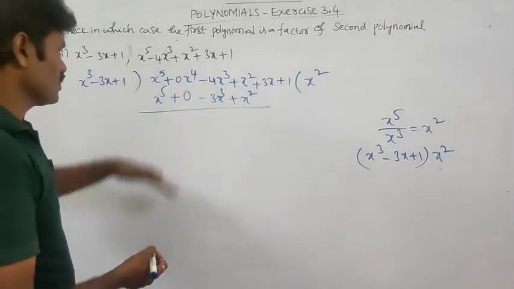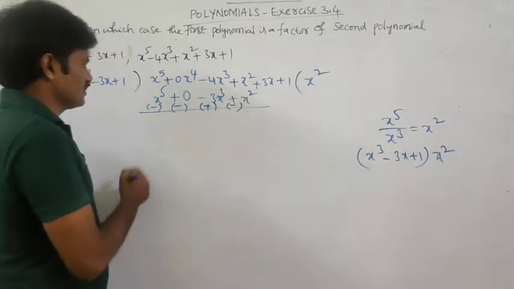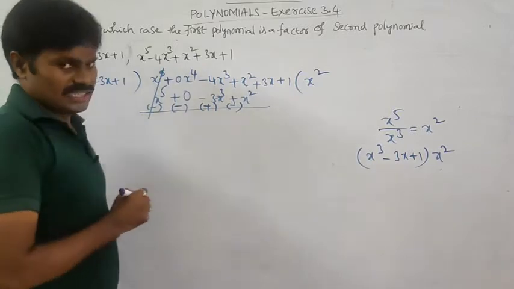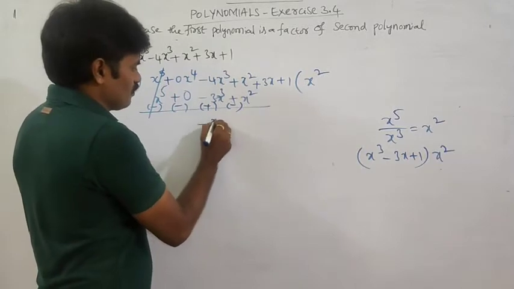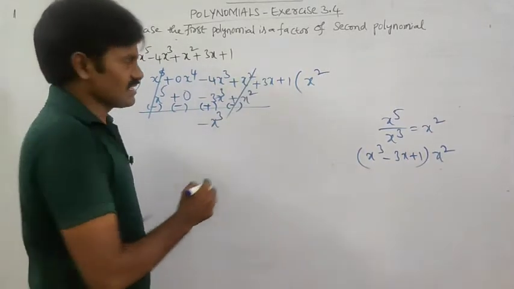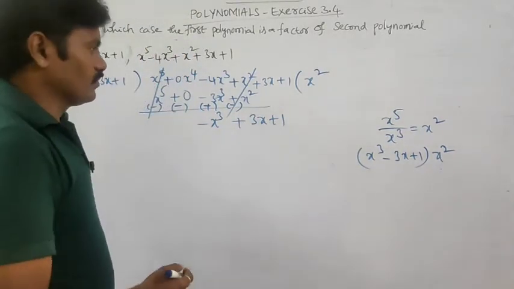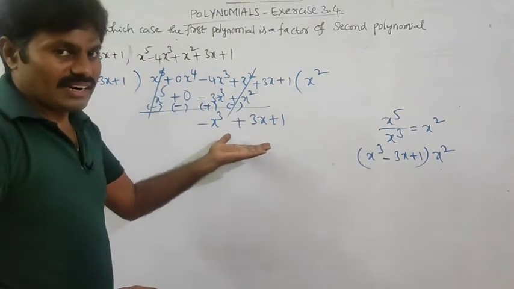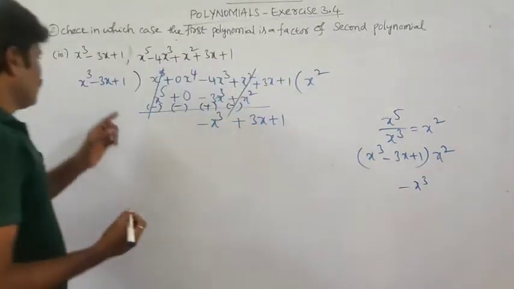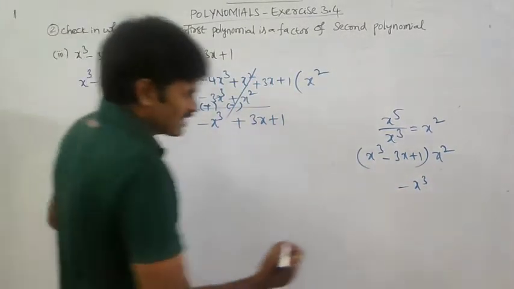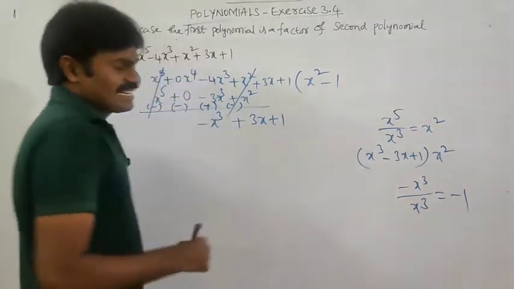No problem. Now we continue the division process, like general division, we have to subtract the terms. Signs will change. Next, x to the power of 5 minus x to the power of 5 is 0. Minus 4x cube plus 3x cube gives minus x cube, and x square minus x square gets cancelled. Next bring down the terms. Now it is a new dividend. What is the highest degree term of this new dividend? Minus x cube. What is the highest degree term of the divisor? Plus x cube. Dividing, we get minus 1. Now minus 1 is the second term of the quotient.